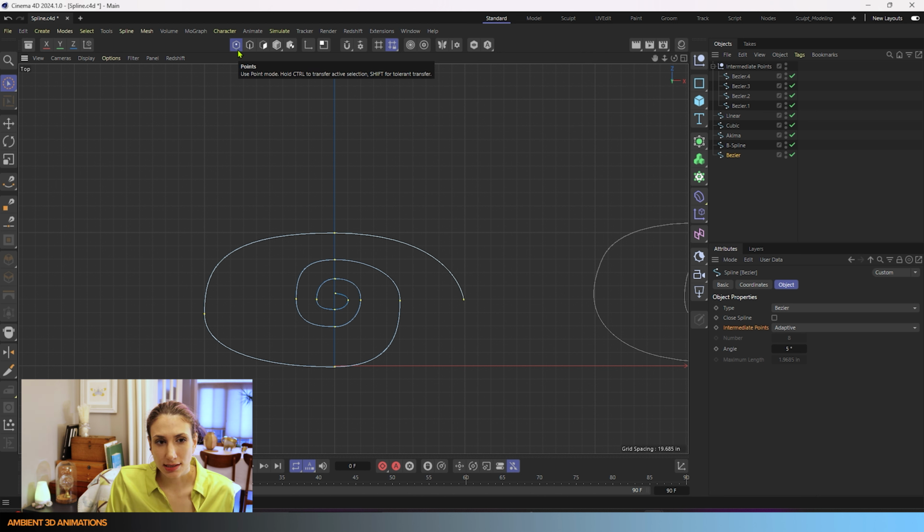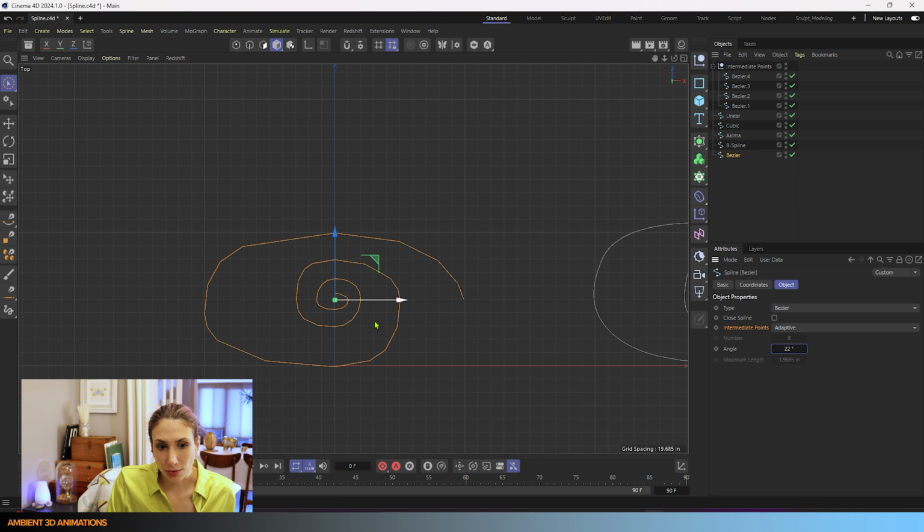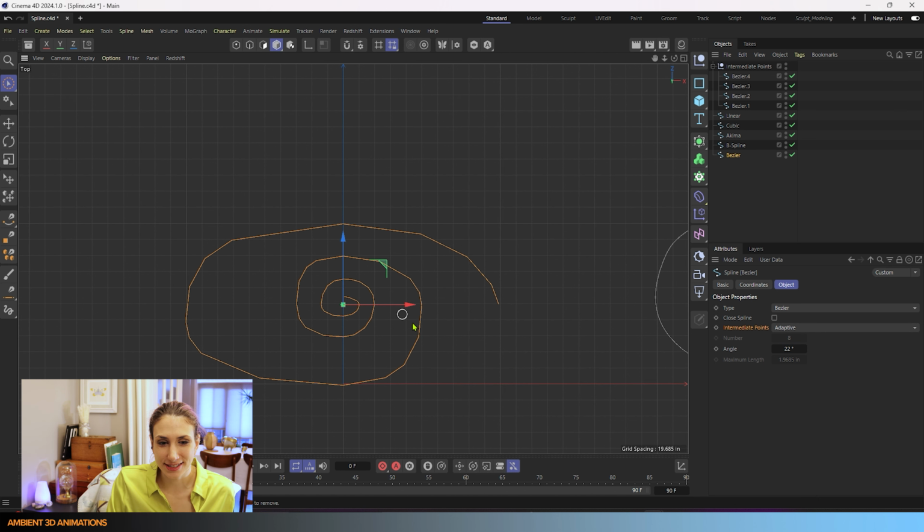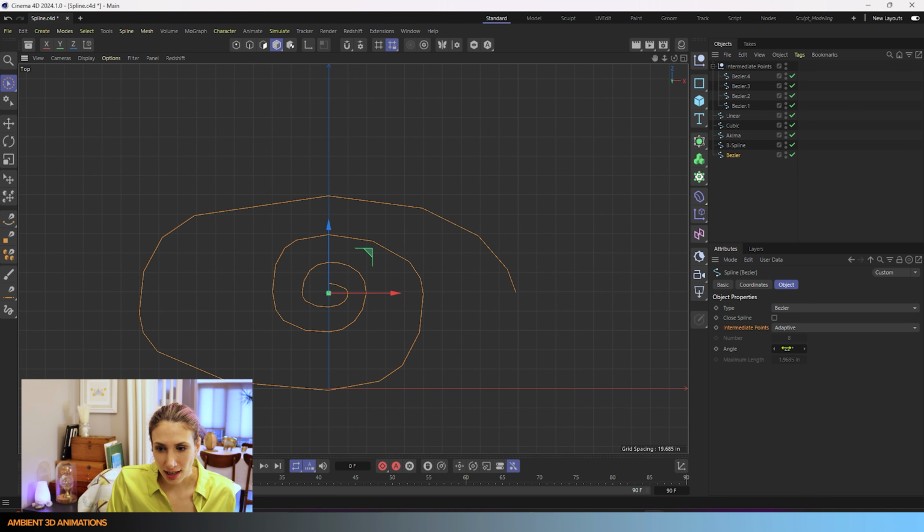It's easier to see this if I come out of our points mode and go into model mode. You'll see if I adjust this angle here with points turned on, you don't really see too many changes. If we change back into model mode, you can see changes as I adjust this. And as we decrease this angle, the spline becomes much smoother because we aren't allowing large angles to exist in here.